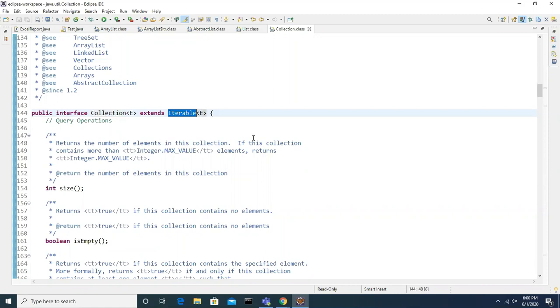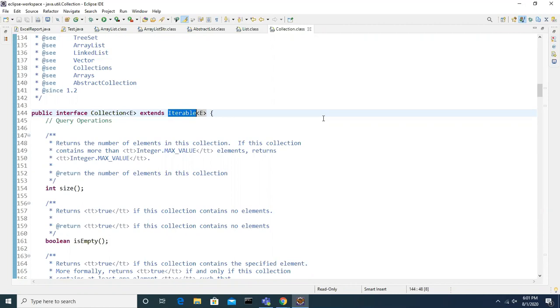An interface A is there, an interface B is there. I just extended A, extends B. Then whoever is implementing the A interface has to implement all the methods of A and B interface. Then only that class can be compiled and you can create an object and call it.